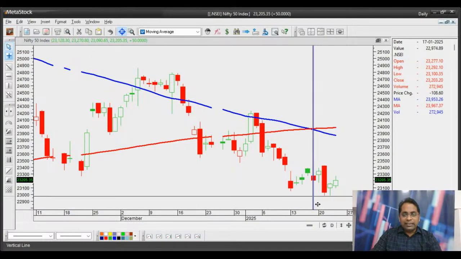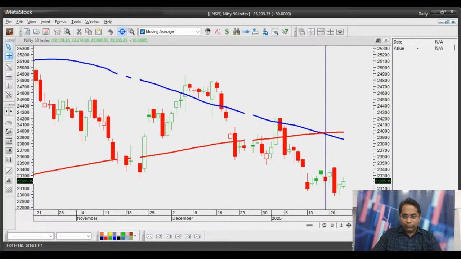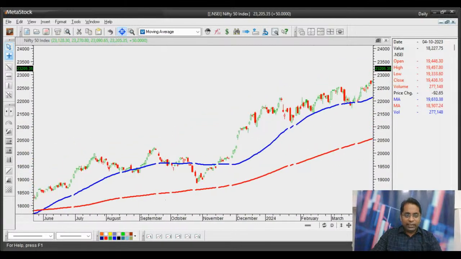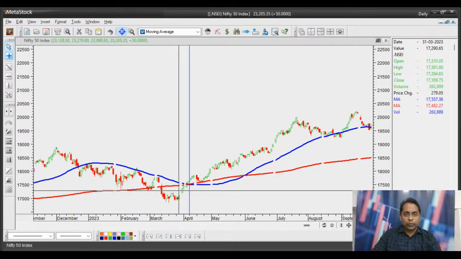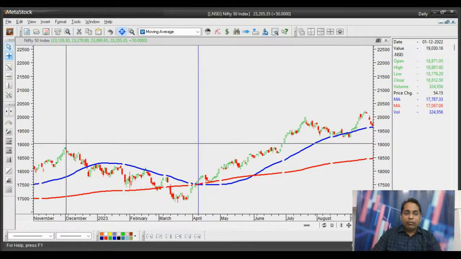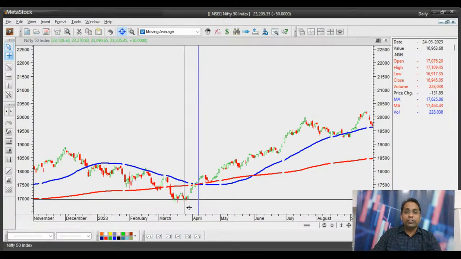What I've done is just put a point across so that you can see when did we see the death crossover historically. So we go back to the previous time when the death crossover was visible for the index. So this is the time when the death crossover happened. This was in April 2023. Again, a time period where previously from 19,000 Nifty, we fell to almost 17,000, which means यहाँ पे भी we had a 10% correction. The Nifty fell below 200 DMA. We had a 10% correction. There was a death crossover.